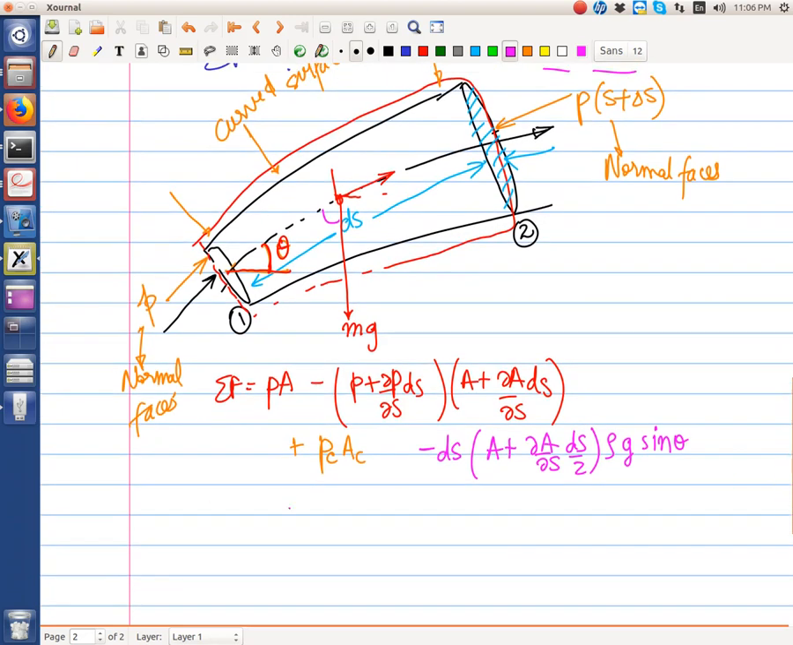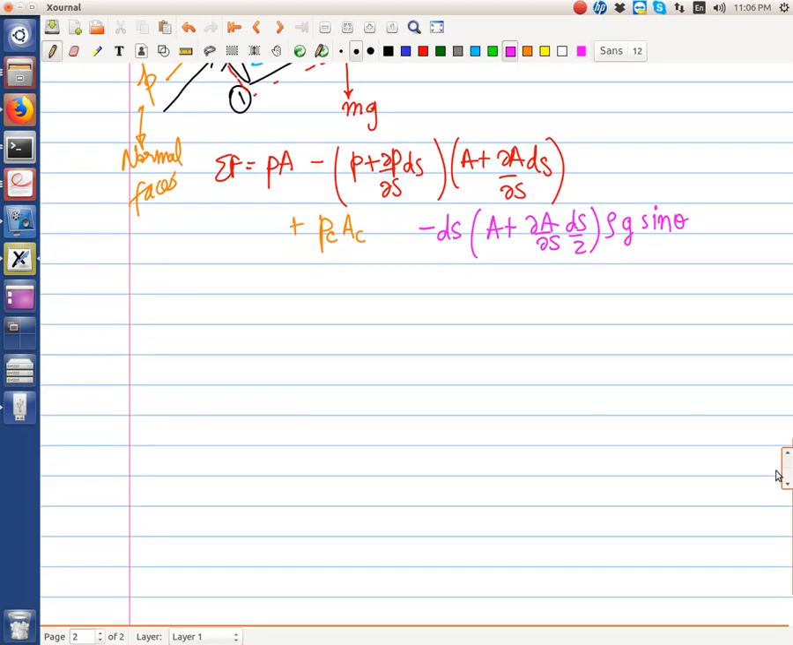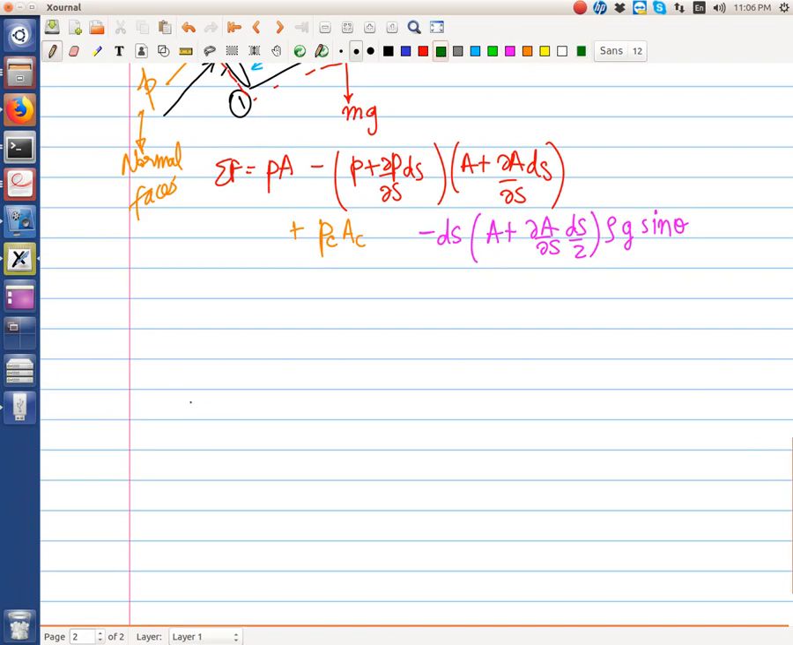Now let us try to imagine what P curved times A curved will be. Say this is the curved surface. This pressure on the curved surface is acting normal to the surface. It is not acting on this area, but rather on the periphery. So what is the peripheral area? If this direction, let us say we call it x,